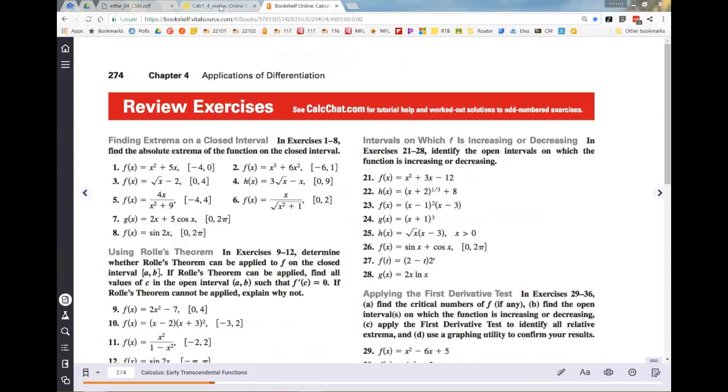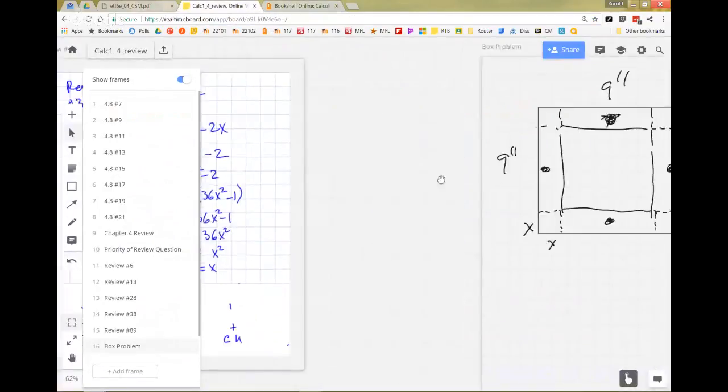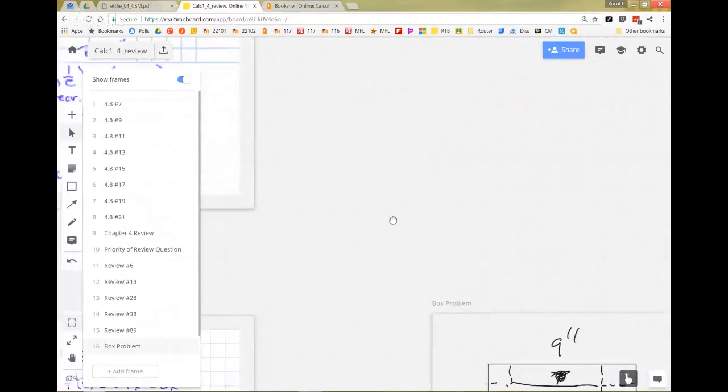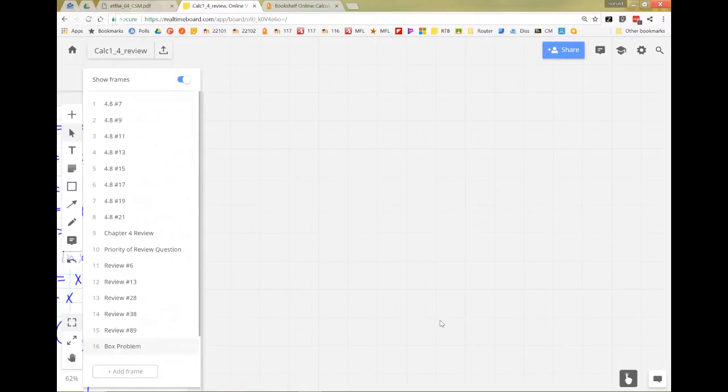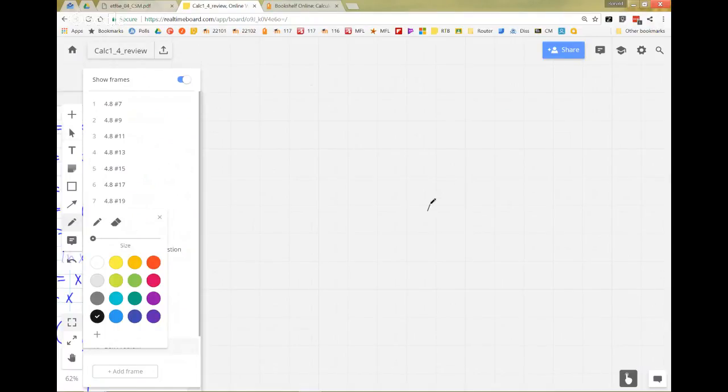So to get started today, I did get a question from someone, and I'm going to just go off, find some space here, and make a comment about this. The question was, could you go over the first and second derivative tests? So the first thing I think we'll do is we'll just